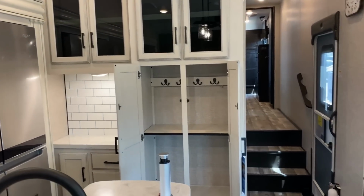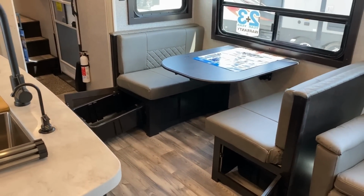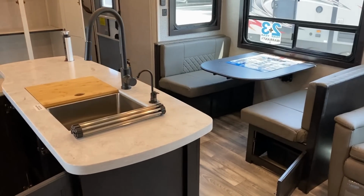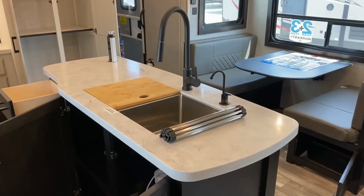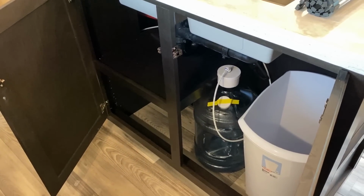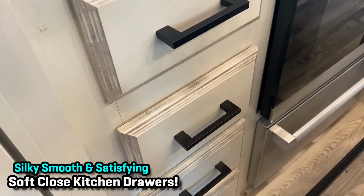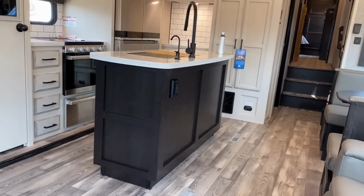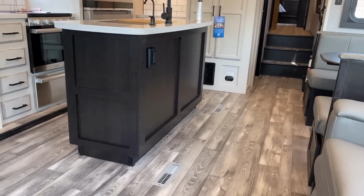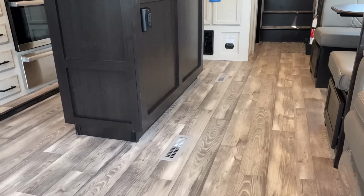And then down inside that island, under the solid surface countertop, you saw a big Culligan jug next to a trash can. That is the bottle that's going to feed the water system that we saw over here earlier. Anyway, Eagle and Cougar are both using floor-ducted heating to give you maximized even heating and airflow,